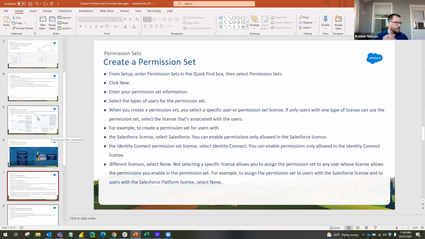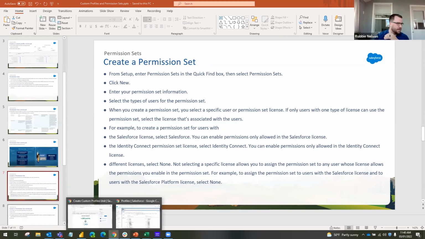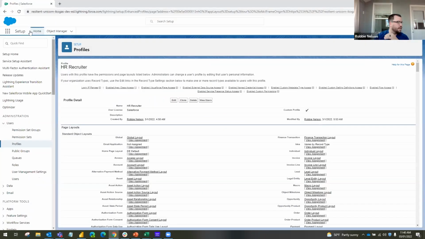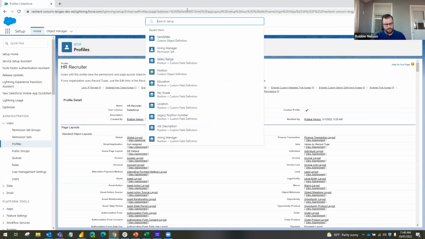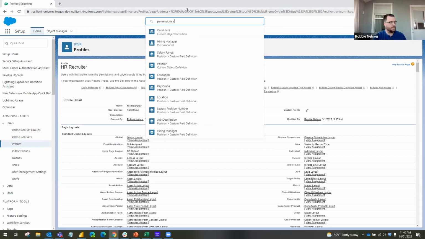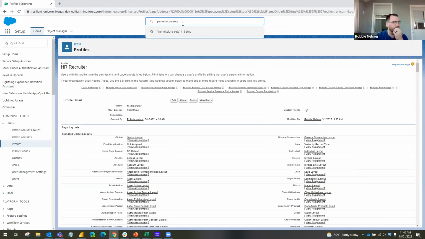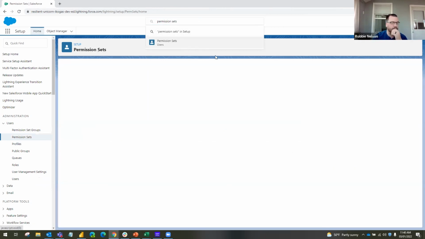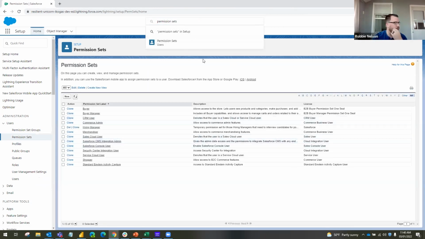So to create a permission set, we would go to setup and search permission sets here. So we can go back in. We can actually just search setup up here. This will take us right to that object here. And from here,